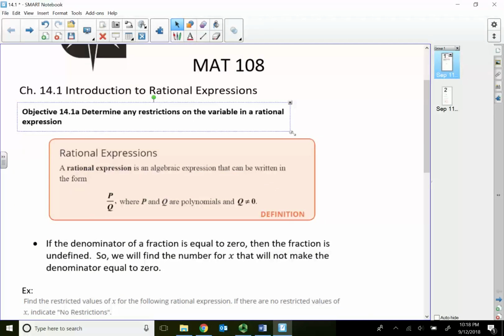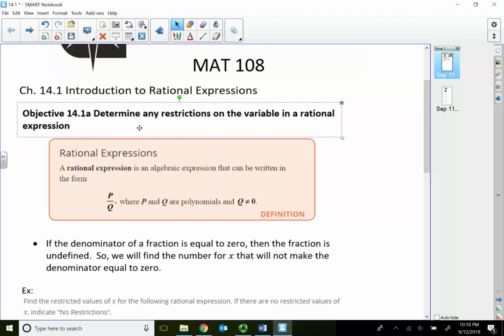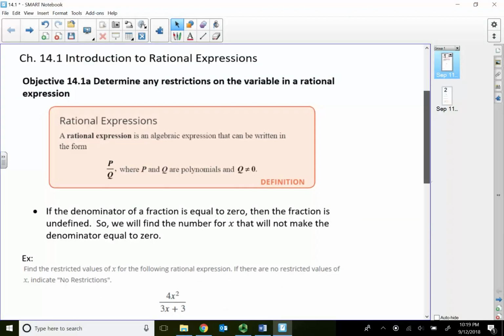So in this lecture video, I'm going to show you how to determine any restriction on the variable in a rational expression. The word rational, sometimes I simply say it's a fraction. It's a fraction expression where the numerator and the denominator are polynomials. So normally, the rule of thumb that I show students is if you have an expression like